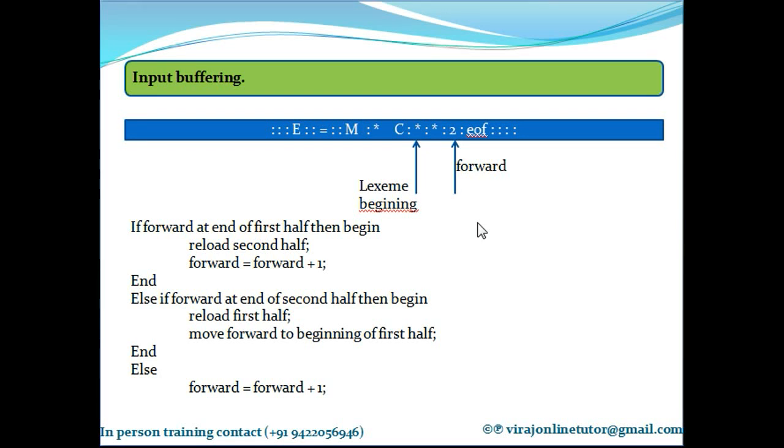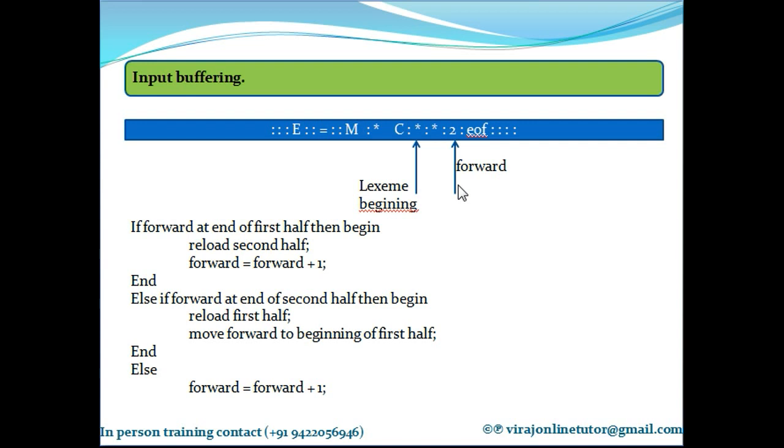The point that I am planning to make here is that the lexical analyzer may sometimes need to look ahead several characters beyond the lexeme for a pattern to be matched and a token to be announced. So it's not only the one next character that it needs to see, but it needs to keep on scanning the input characters till a particular token is announced. It's not just the next character from the current pointer, but a series of characters it has to match.